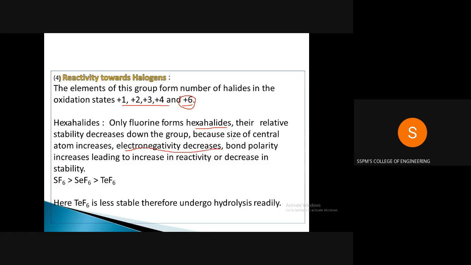So what you should remember here is that only fluorine reacts in this way. The other halogens do not form hexahalides. So fluorine reacts with sulfur, selenium and tellurium, and the hexahalides formed are SF6, SeF6 and TeF6. Because when we go down the group, atomic size increases and electronegativity decreases. In group 16,